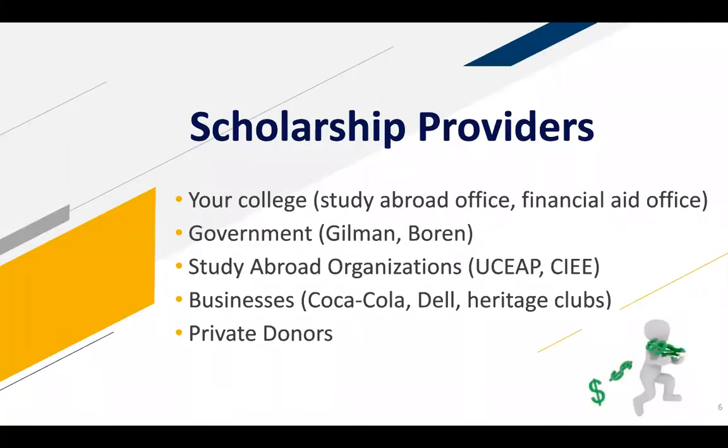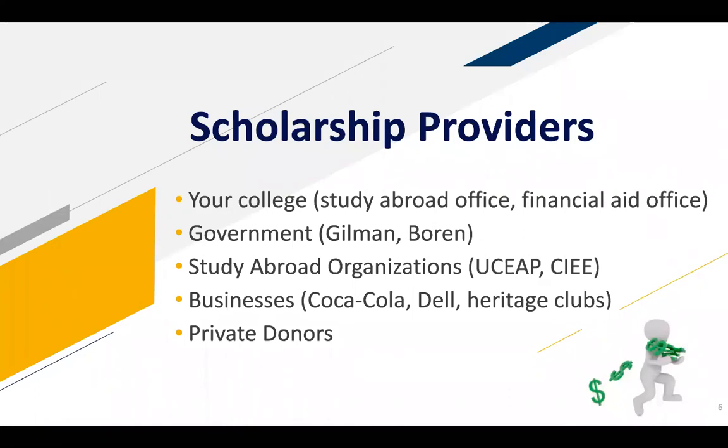There are many scholarships out there as long as you know where to look. Your college is the best place to start. I recommend starting at your campus study abroad office. They'll very likely have a list of recommended scholarships of many different types and from many different providers in all of these categories. You'll also want to talk with your financial aid office. Not only will they be able to tell you how you can use your existing financial aid, so you know how many scholarships you need to apply for, but they will also let you know if there are any additional scholarships that can follow you abroad that may not specifically be for study abroad.